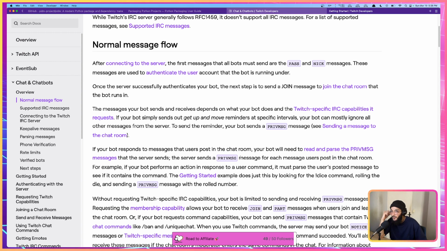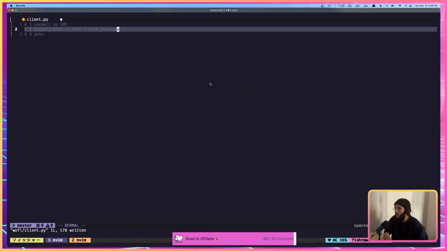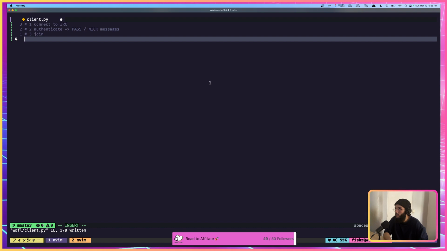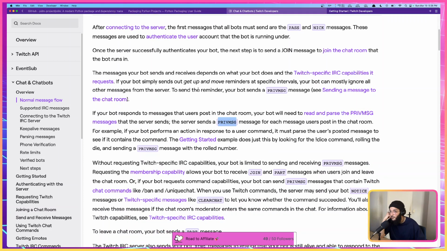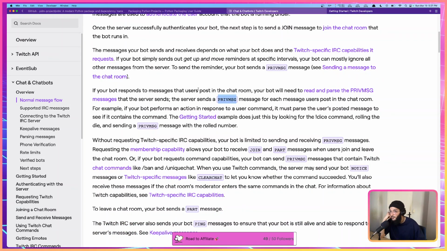The server sends a PRIVMSG message for each message a user posts. Okay, so we need to make note of this, right? We need to capture PRIVMSG messages, right? If your bot responds to messages that users post in the chat room, your bot will need to read it. Without requesting Twitch specific IRC capabilities, your bot is limited to sending and receiving PRIVMSG messages, which is fine,